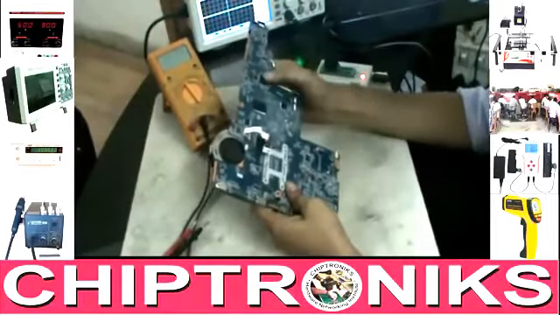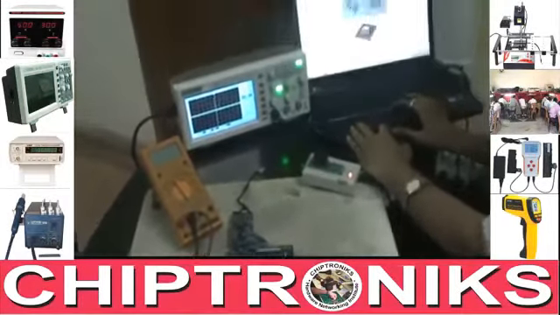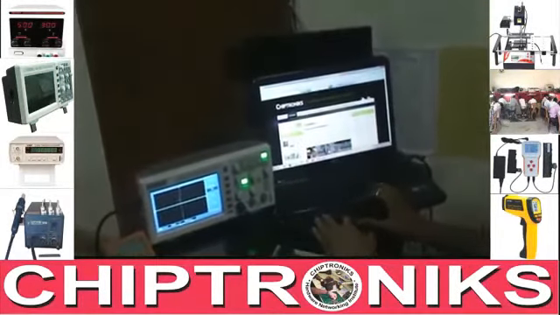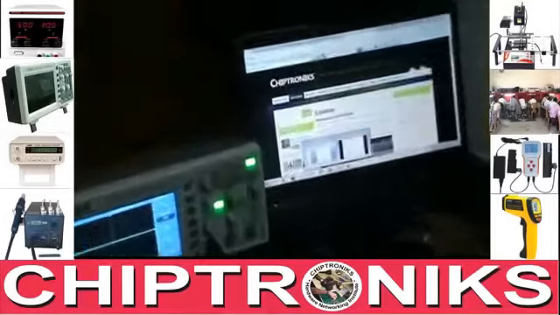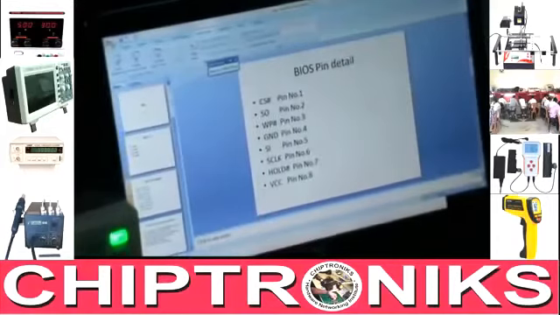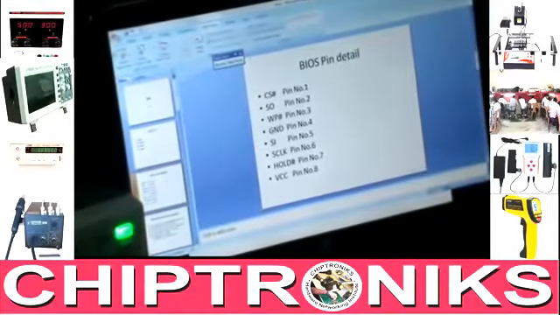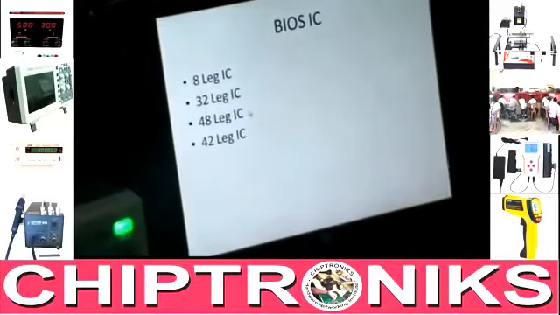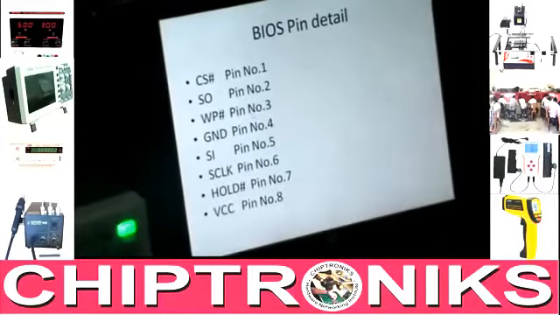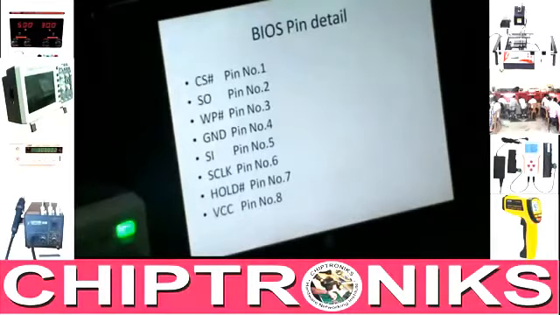Okay. Now here I will show you the pin details. BIOS pin details. When you see the BIOS IC on the board, it has an 8-leg IC.